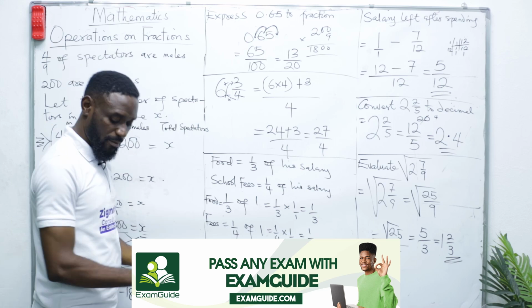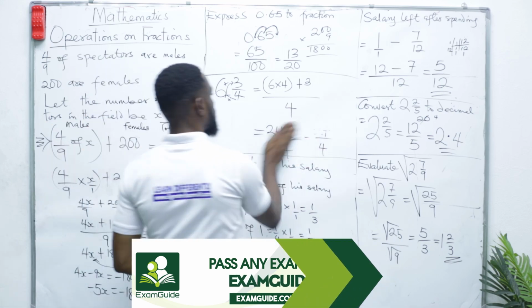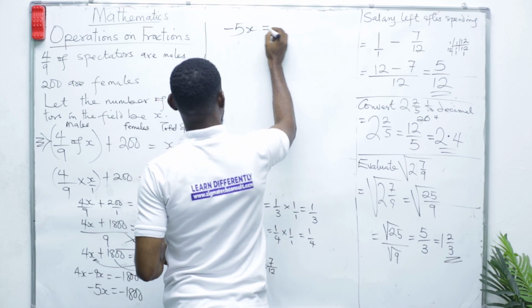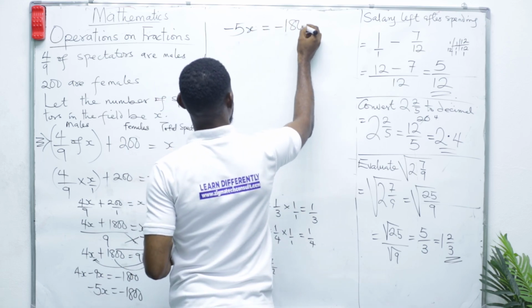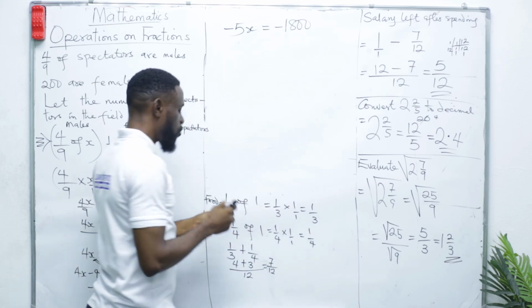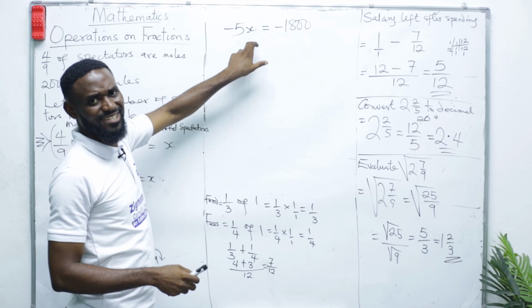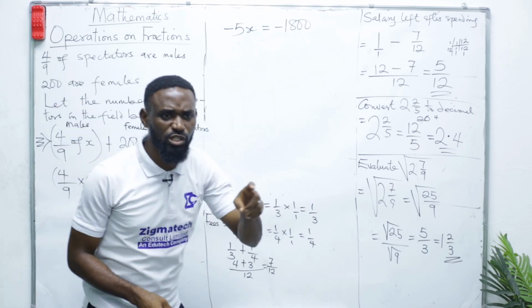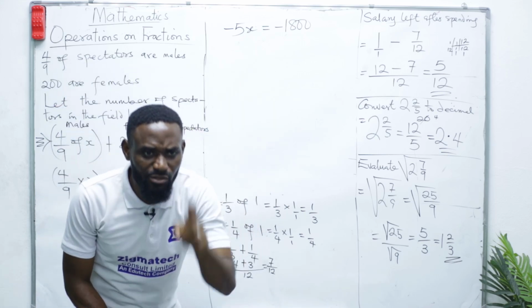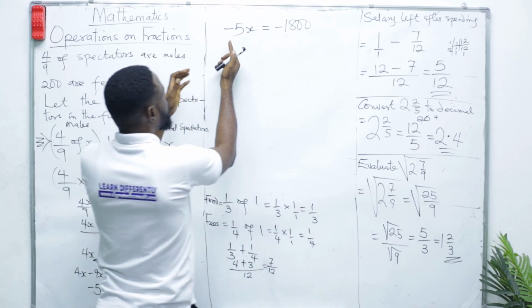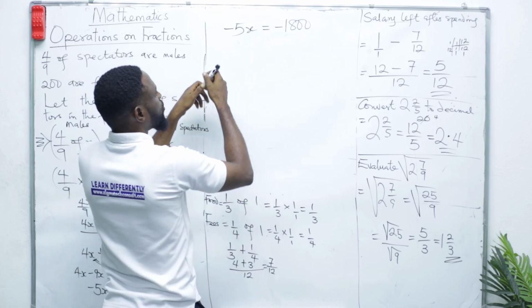Okay, so we have minus 5x is equal to minus 1,800. Is that okay? Remember, we want to know what x is, the total number of spectators, which is what they're asking us. How many spectators are in the competition? So what we do to make x the subject is to divide both sides